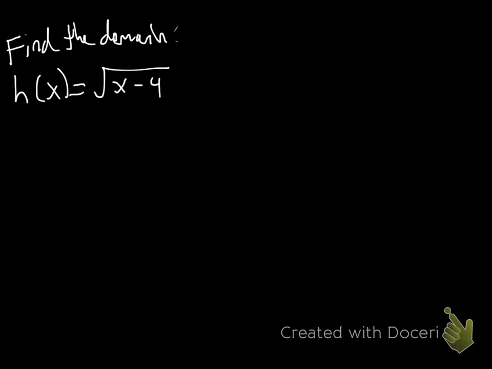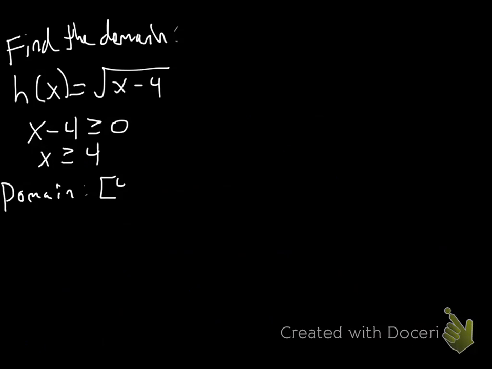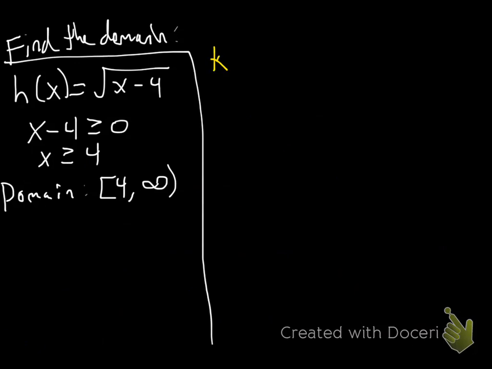So let's say we want to find the domain of h of x equals the square root of x minus 4. No denominator, but we do have a square root, and we got to set the radicand greater than or equal to 0. The radicand is x minus 4. So x minus 4 needs to be greater than or equal to 0. We add 4 to both sides, and in interval notation that'll be 4 to infinity. If we give you another one,